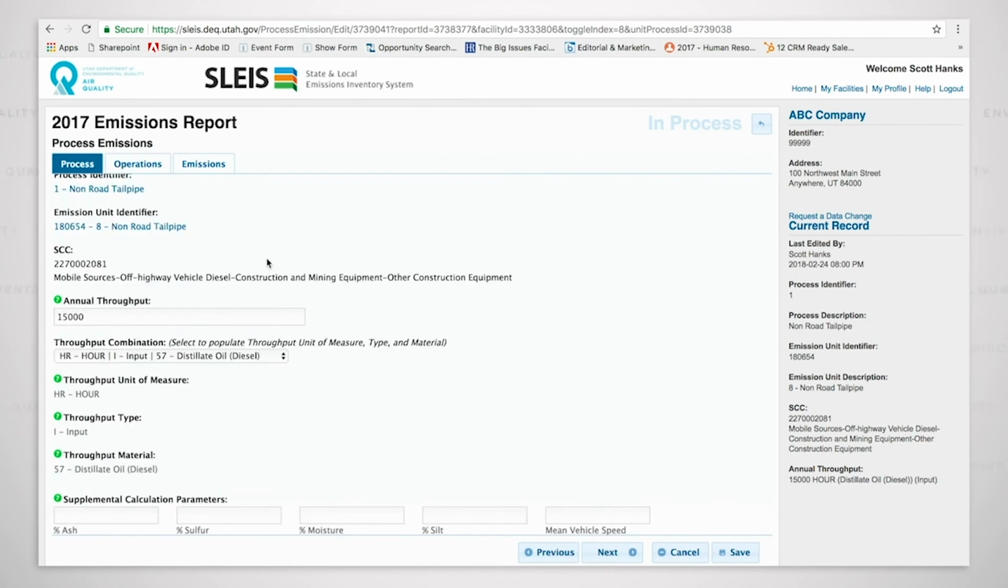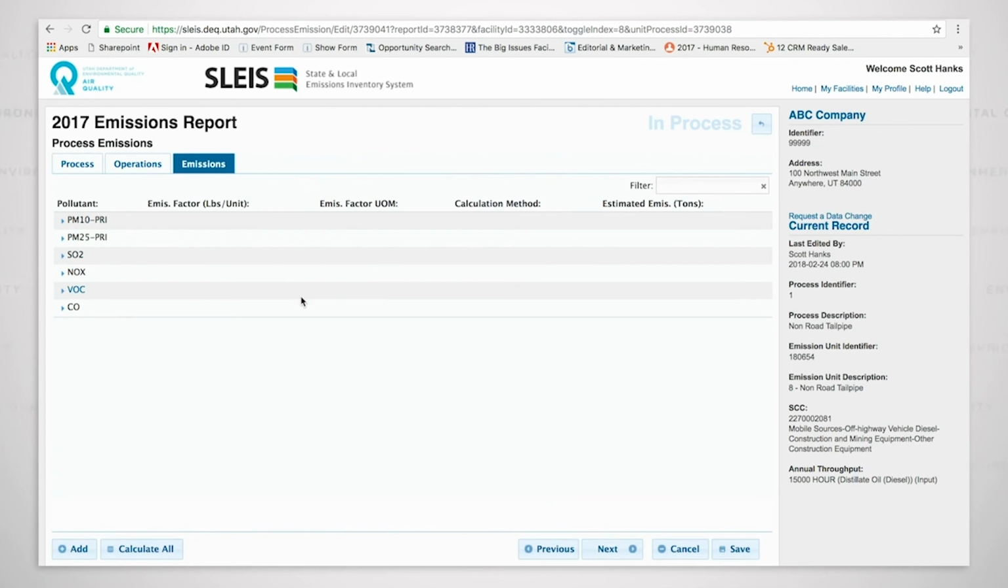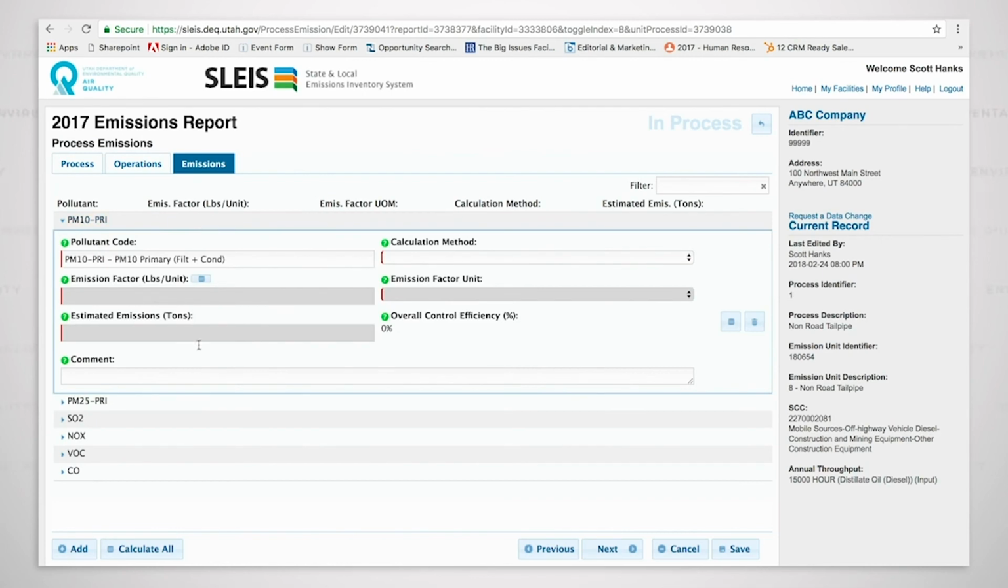So on the process tab, we have listed 15,000 hours that these vehicles operated, and we will come to the emissions page. And we can see that we have PM10 primary, PM2.5 primary, SO2, NOx, VOC, and CO. This is another instance where we will only be calculating the PM10 primary and the PM2.5 primary. We will not be calculating the filterable or the condensable. So we will calculate these